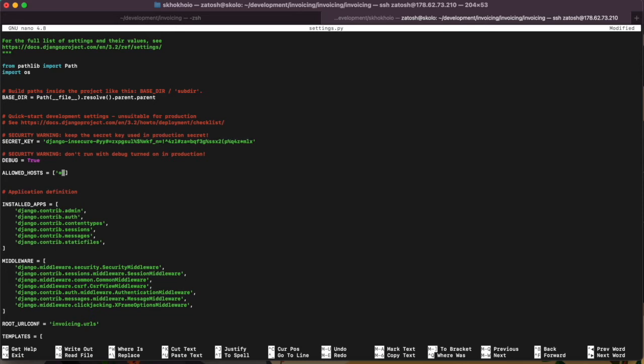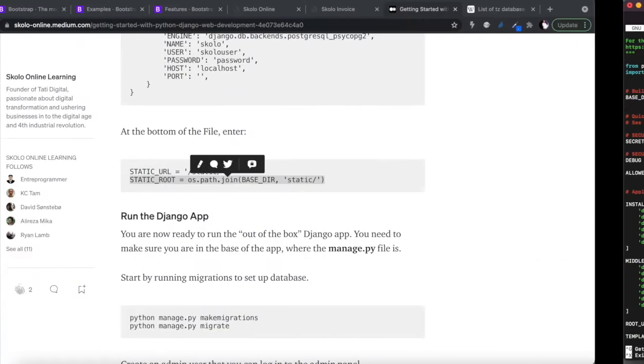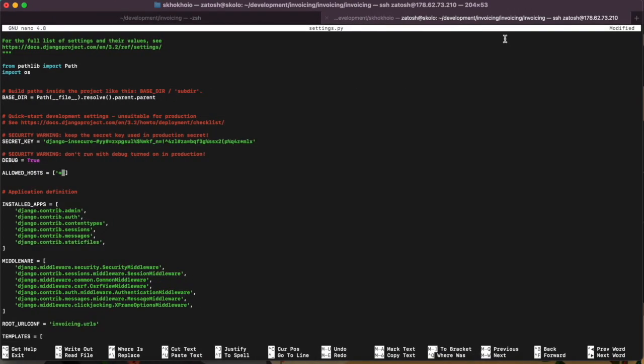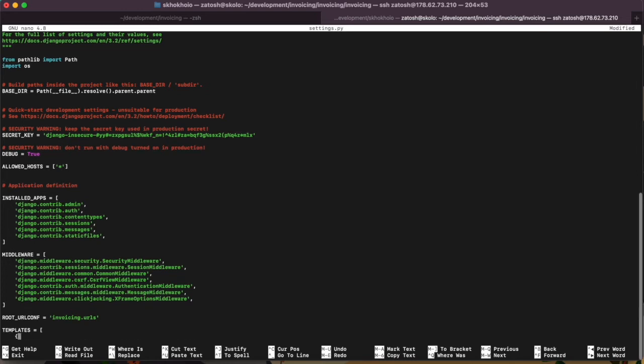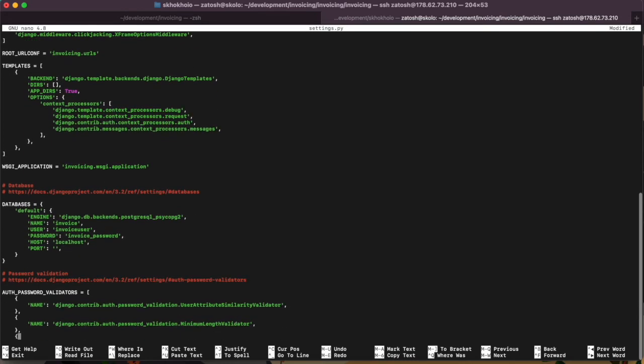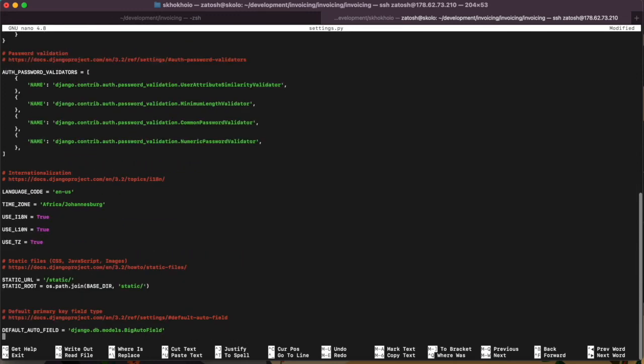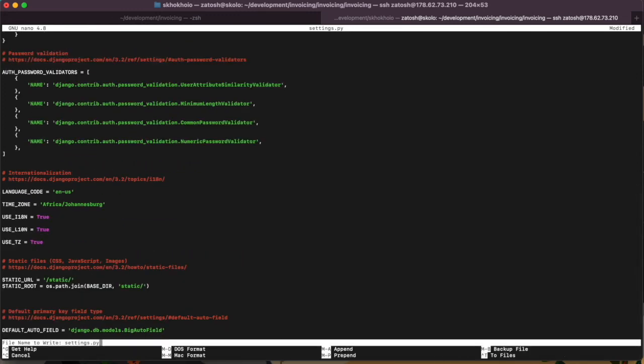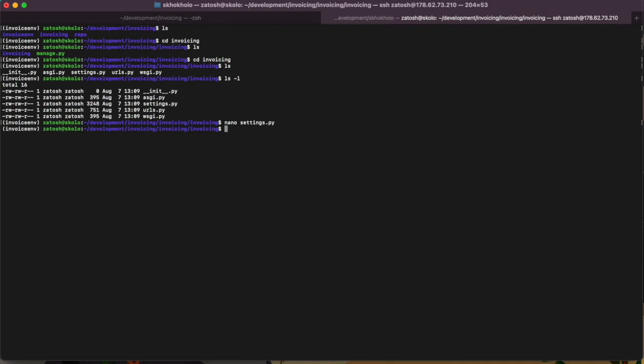Do not ever do this. Later on, go figure out what your IP address is for your machine. So my IP address is this one over there, and put that number in there and put localhost and all the relevant ones. All right, and that's pretty much it. If there's anything that we're missing, do not be afraid of getting errors when you're running applications. Errors help you troubleshoot, so you can figure out where you've made the mistake and